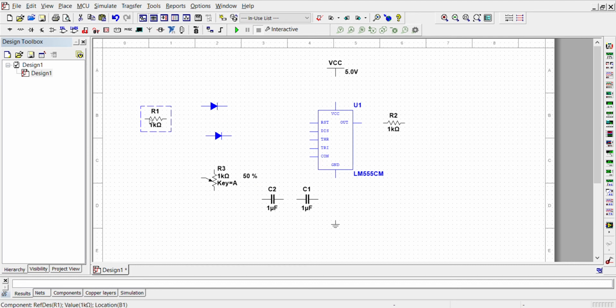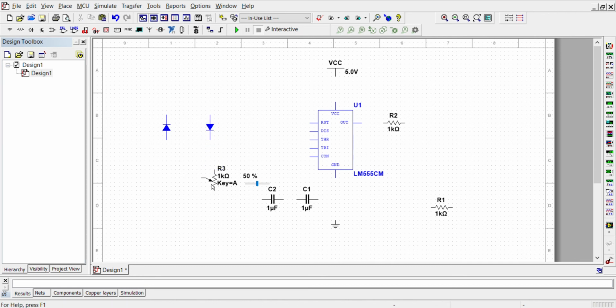Now both resistors, Control R, sorry, click here, Control R, and Control R to rotate.